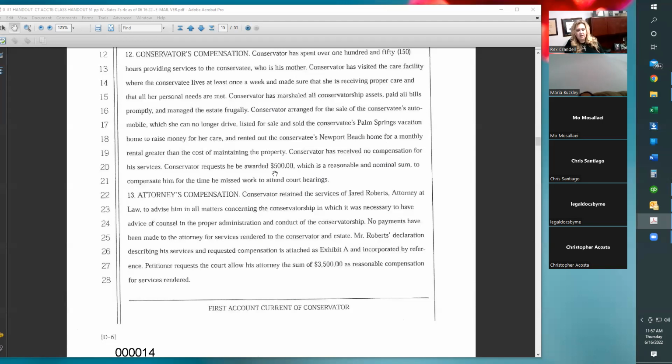They still have a few expenses that need to be paid. Maybe it's the mortgage on the house. Maybe it's insurance to keep the house. It could be a few other things. So they really don't have any money for you to turn around as a conservator and say, I want $5,000